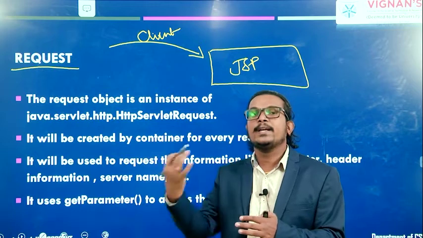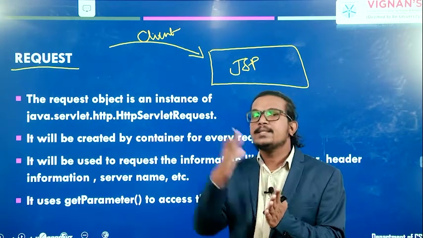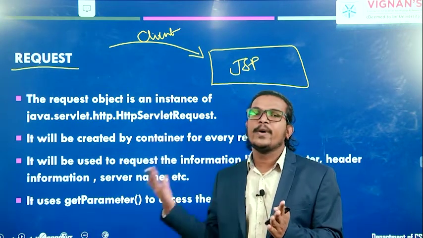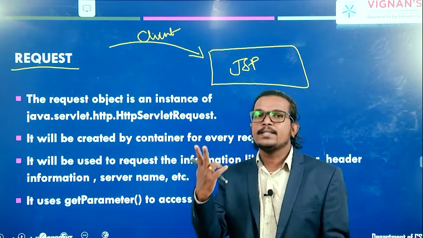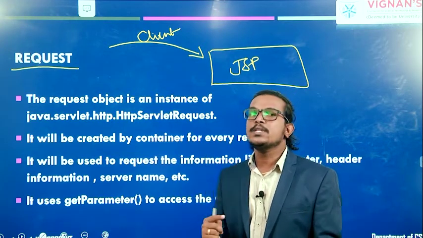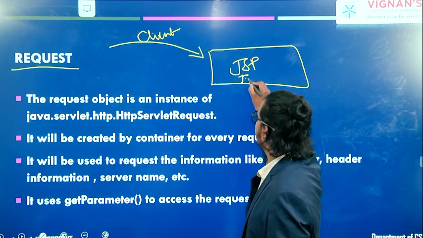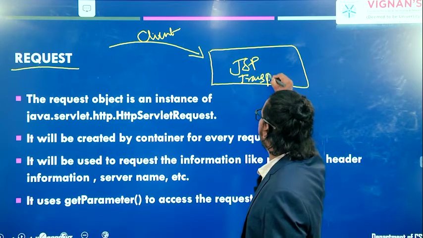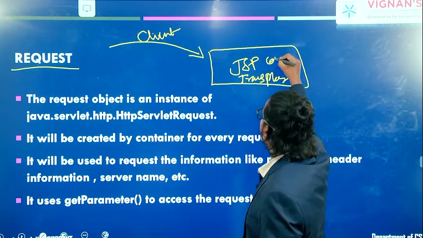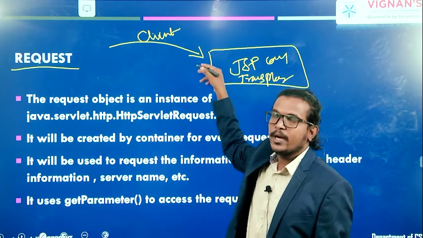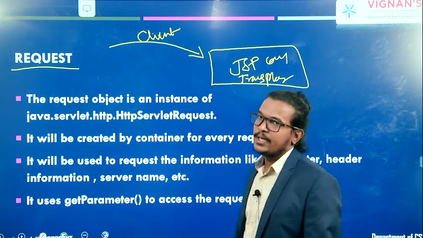we are taking the JSP page and translating that particular JSP page. After that, we are executing the pages, right? What is the first one? First one is the translation phase. Second one is the compilation phase. All those things we are doing in this particular JSP container only, right?